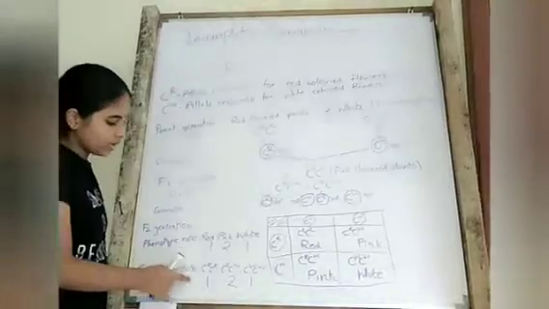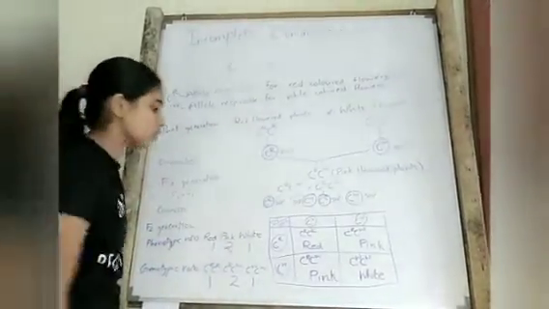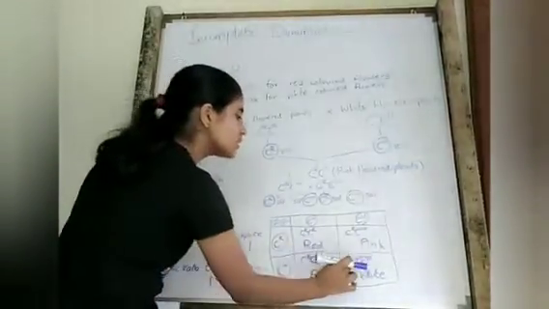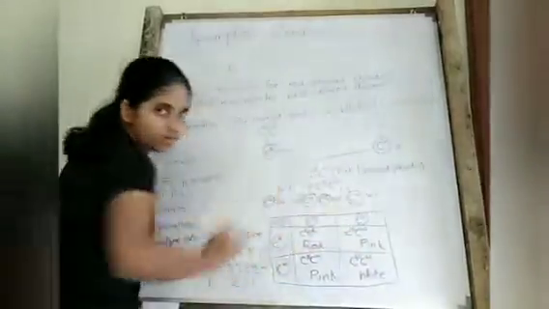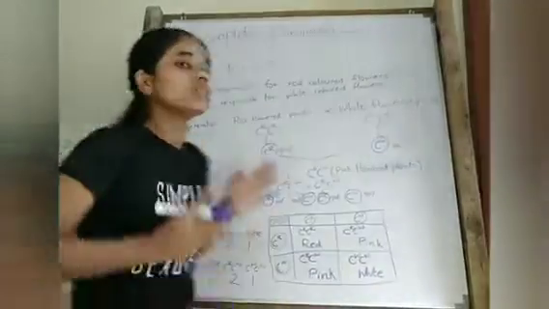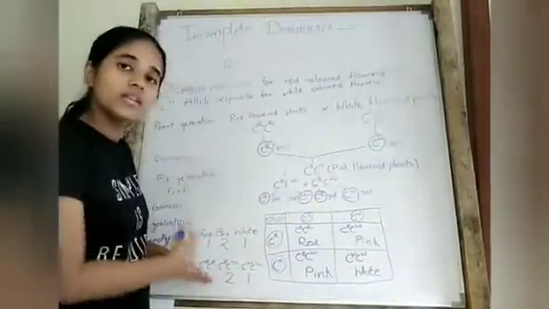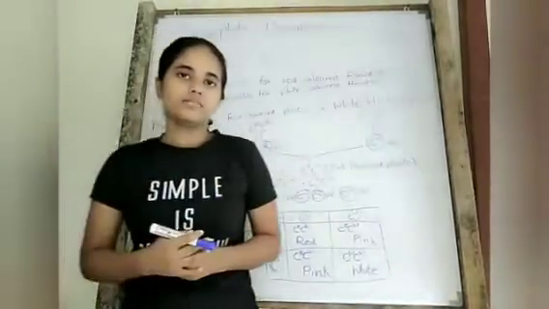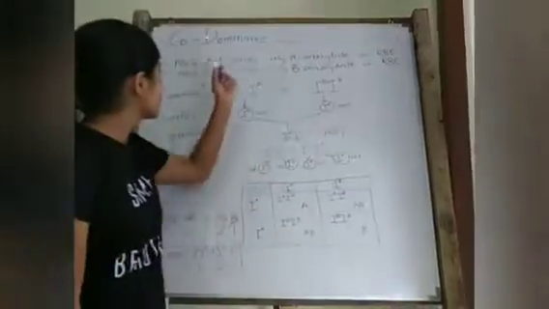And then we can write down the genotypic ratio. There are 3 different genotypic combinations: CR CR, CR CW and CW CW. The ratio is 1 to 2 to 1. So this is incomplete dominance. So you can observe that the ratio is different from Mendel's monohybrid cross, where the ratio was 3 to 1. Then we move on to the next inheritance pattern, which is codominance.